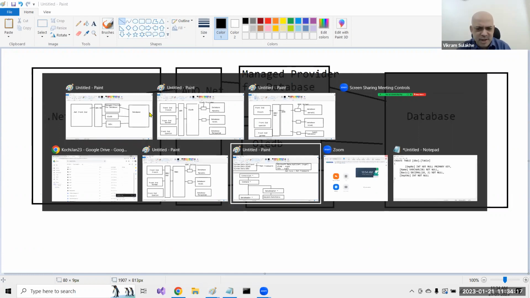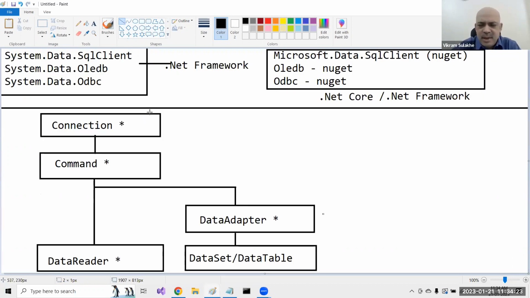Okay, now I have a finished diagram. I normally would have liked to draw it with you, but we are already behind time. So I'm going to pick up this diagram. If you're going to be working with .NET Framework, look at the section on top. The libraries that you would work with are in these namespaces: System.Data.SqlClient, System.Data.OleDb,